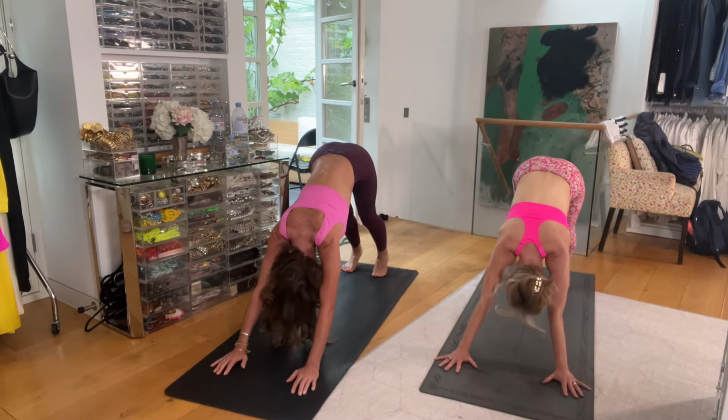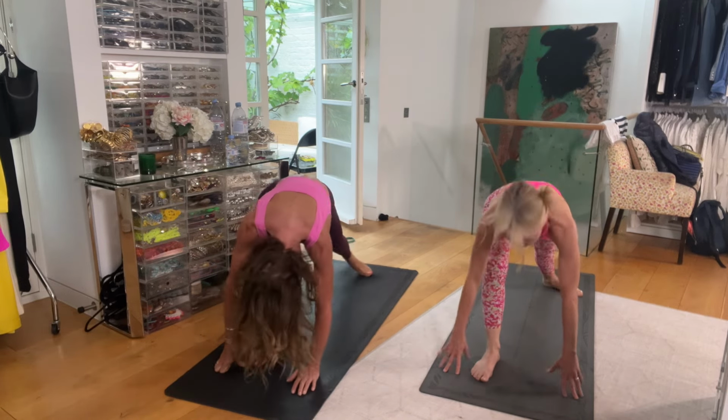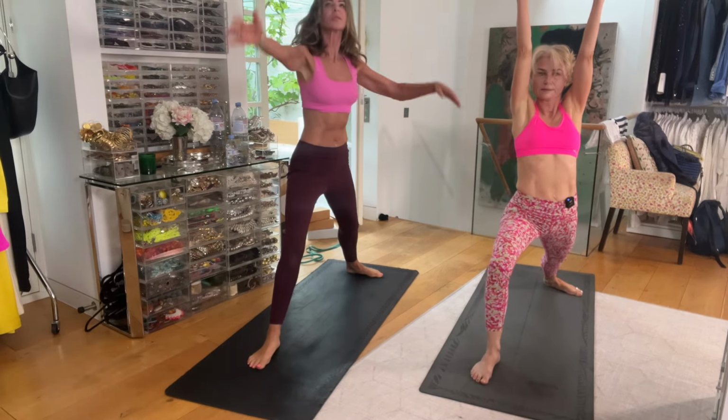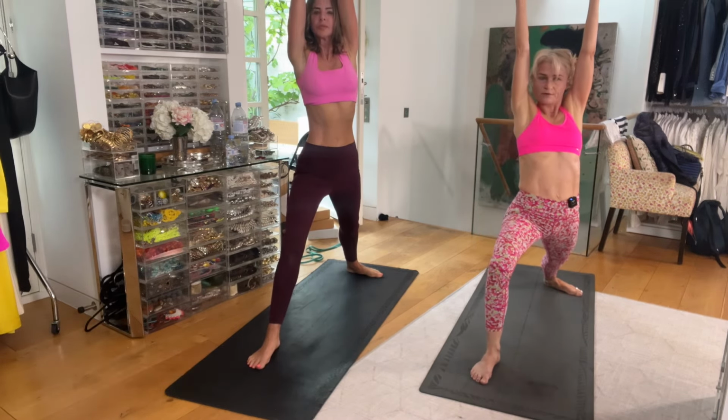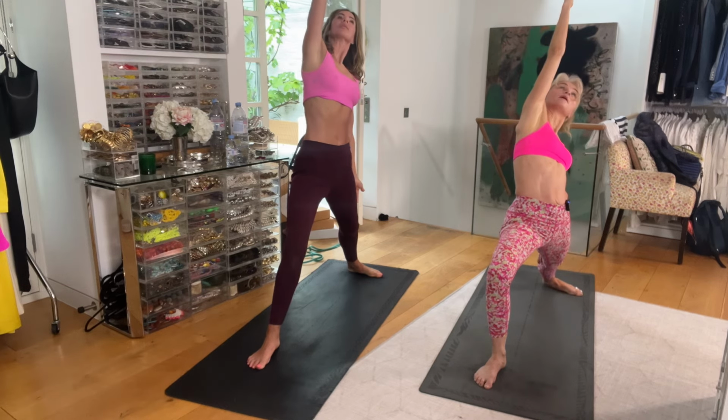Well done. Warrior sequence. Right foot steps forward, back heel down. So we're either side of the midline of the mat, coming up. Warrior 1. Hips face forward. Exhale, open hips and arms to a T, warrior two. Without moving your hips, you reverse the warrior, take right arm up, look up,